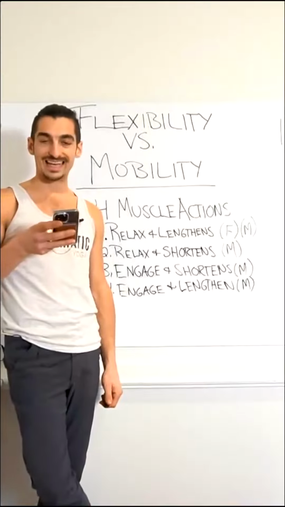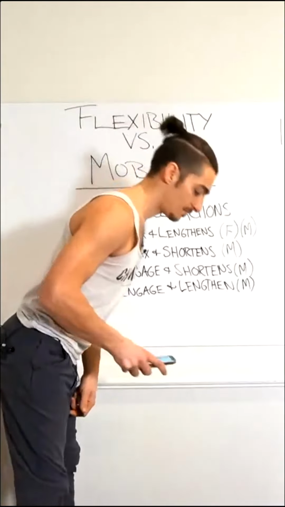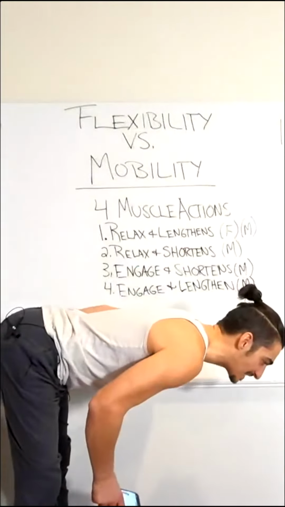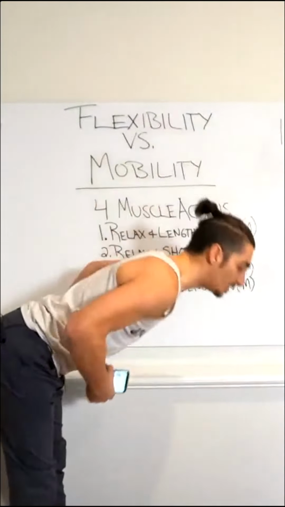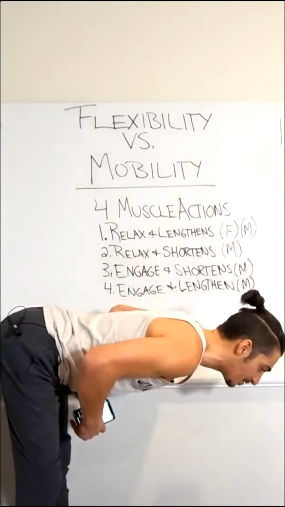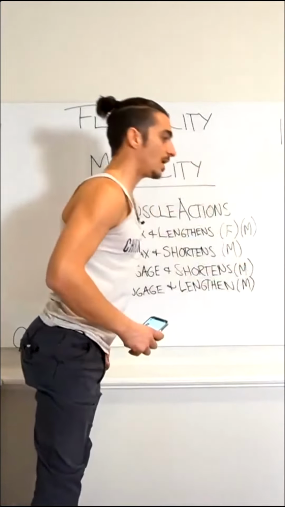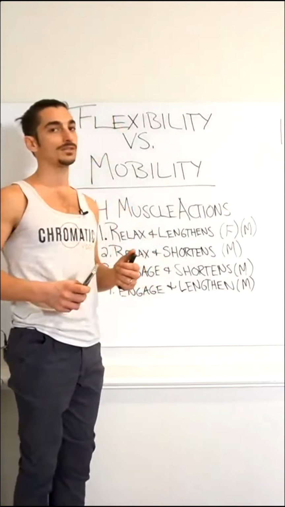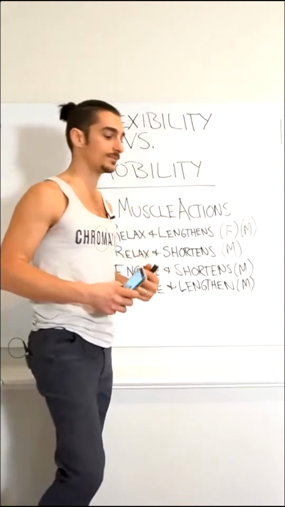Yes, in order to get out of, say, Uttanasana, from this position here, and you want to rise up, activating the hamstrings and the glutes is what takes the pelvis from this anterior tilted position into an upright position. Okay, yes, there's other muscles involved, like the back muscles that keep your spine from, if you go from here